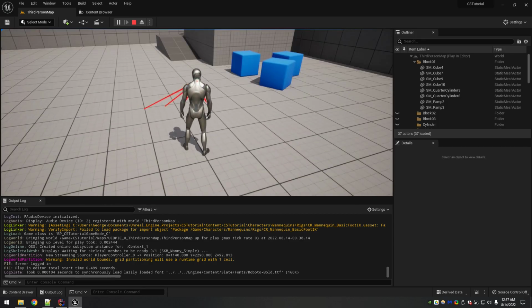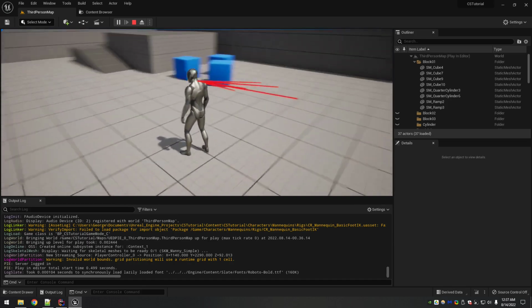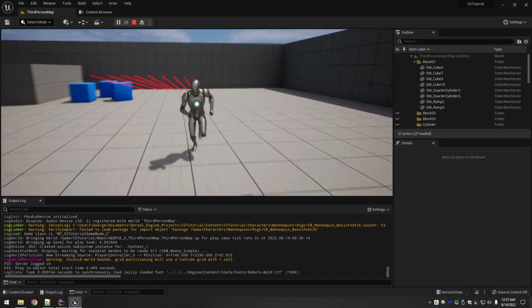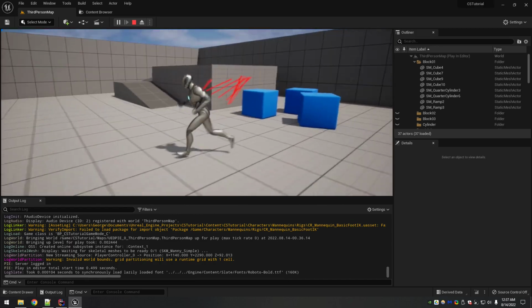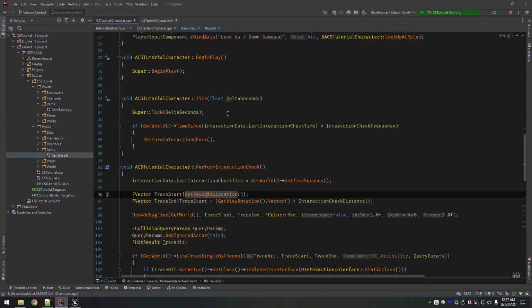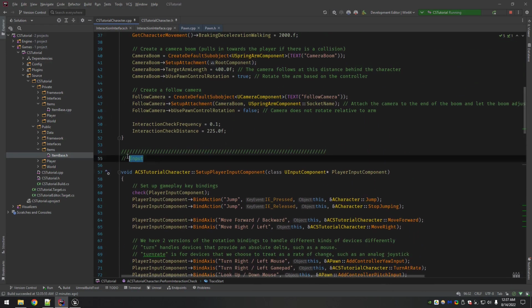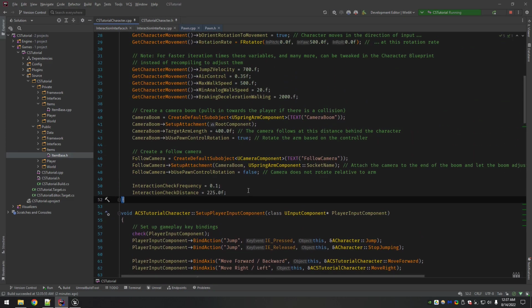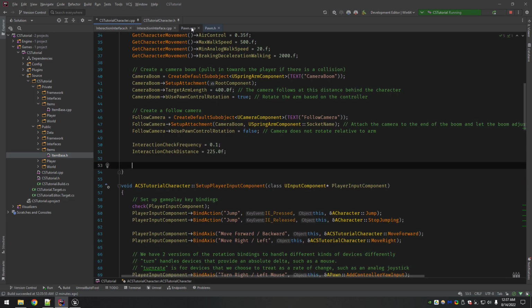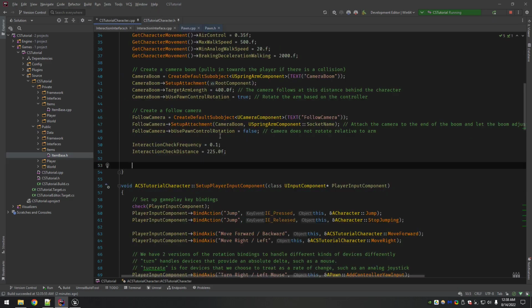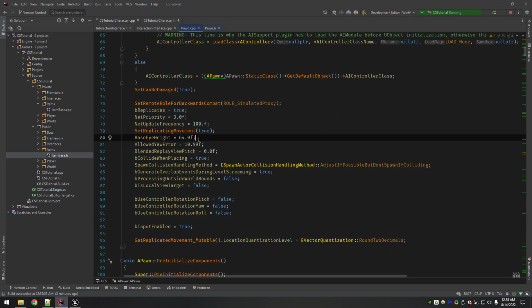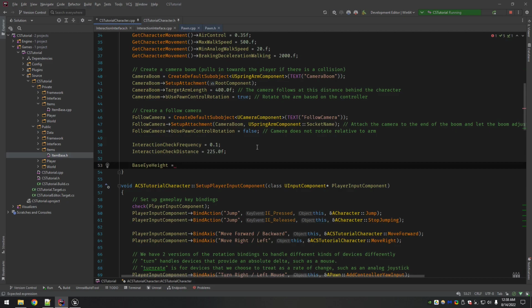But again, this isn't going to be seen by anyone, so this is purely a matter of how much this kind of stuff irritates you. If it doesn't at all, then don't worry about it. But if you want to tweak it, you would come back into your constructor, and it's public, right? So you can essentially override this directly without having to use a getter or setter. You would just say BaseEyeHeight equals. So we saw it's 64. Just try 74.